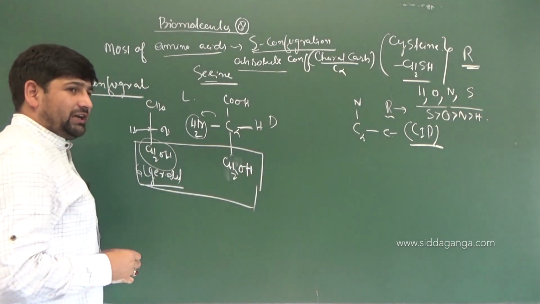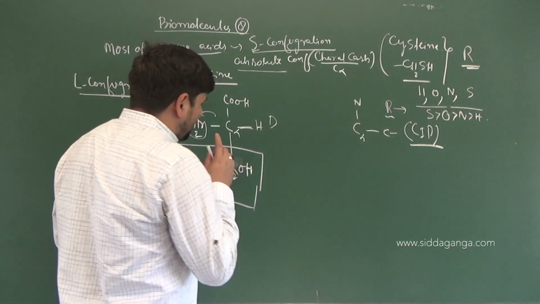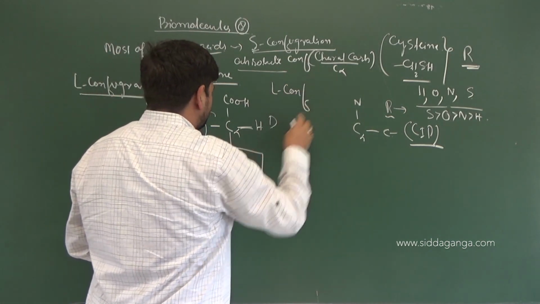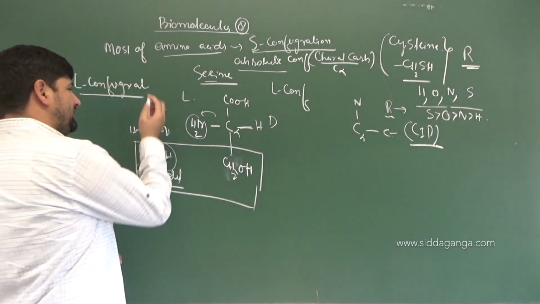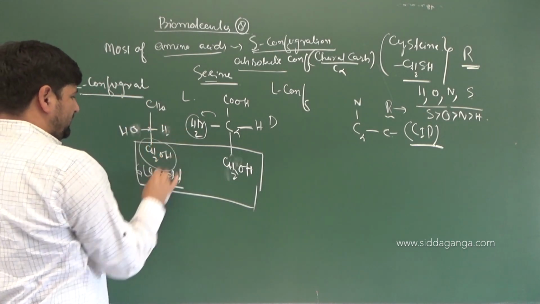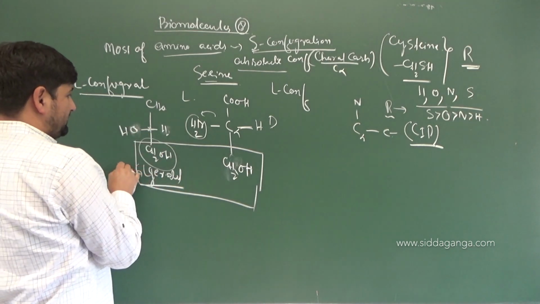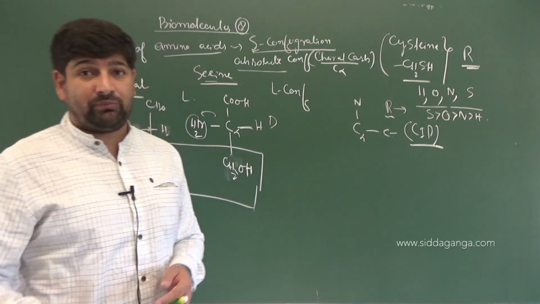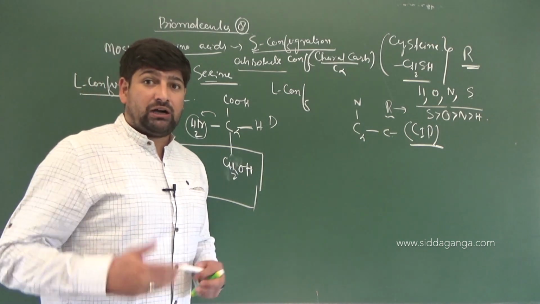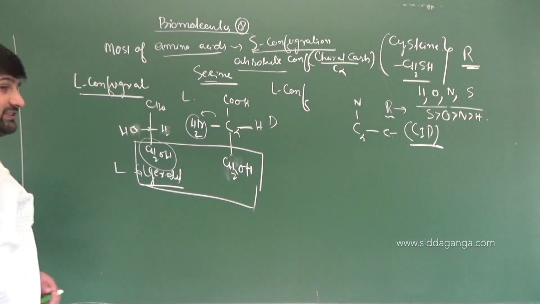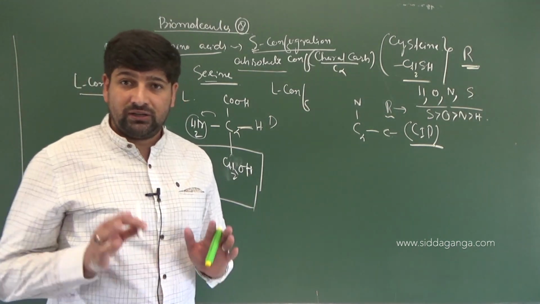But naturally occurring amino acids do exist in which configuration? L configuration. That means NH2 will be present on which side? Left side. So suppose I change this and write OH and H. This is which glyceraldehyde? L or D? This is L glyceraldehyde. And optical activity we know varies depending upon the experimental observations. How does it rotate the plane of polarized light? So that is a different discussion that we have to take into consideration. Am I clear so far?